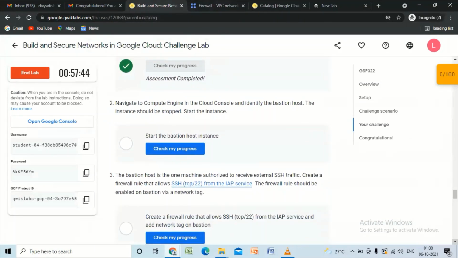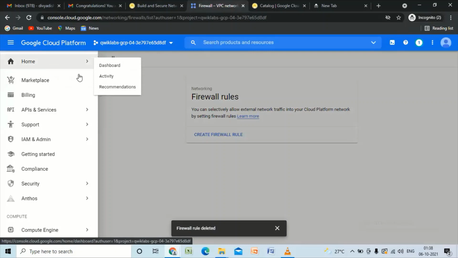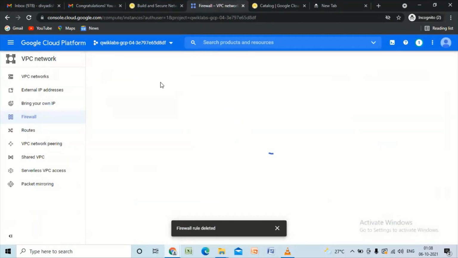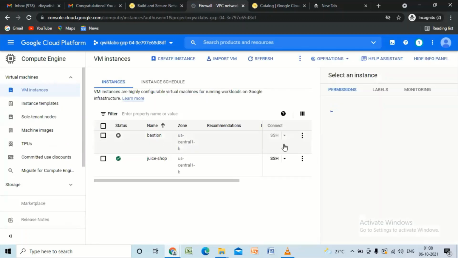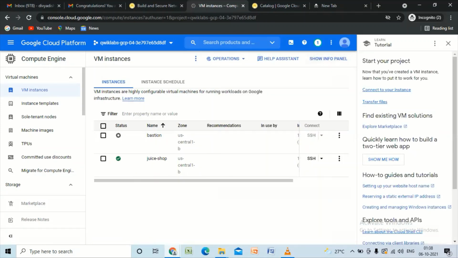So now task 2. Task 2 says that we have to start the instance of the Bastion host. For this, we'll go to Compute Engine, VM instances. We can hide our info panel as well.